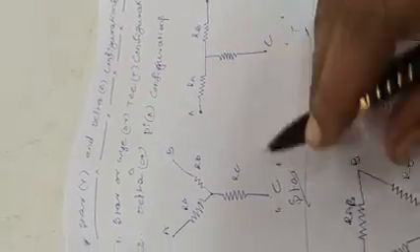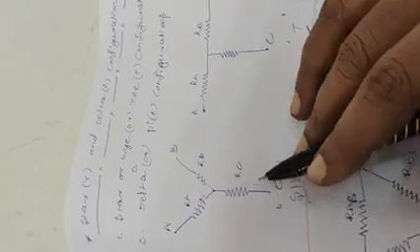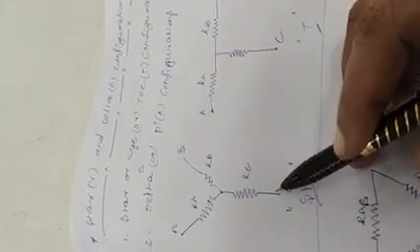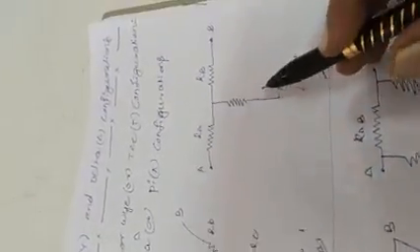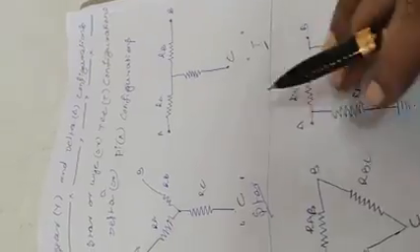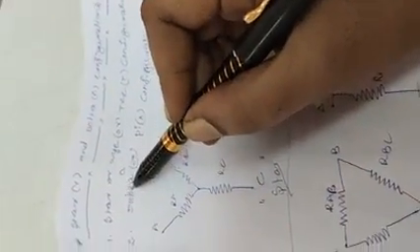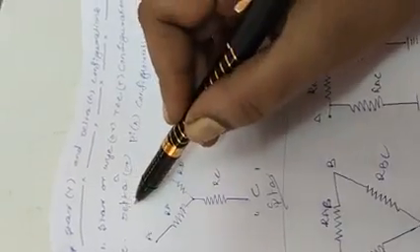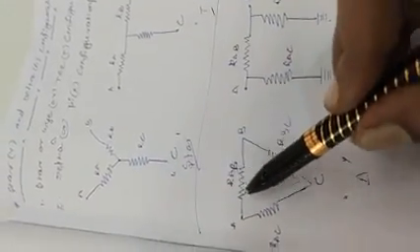So when these resistances are combined like a star or T, it is called the star configuration or T configuration. The next one is another configuration called the delta configuration. Delta is also called a pi configuration. Here the resistors are dissimilar, different resistors. These are the end points, A, B, C are the terminals.